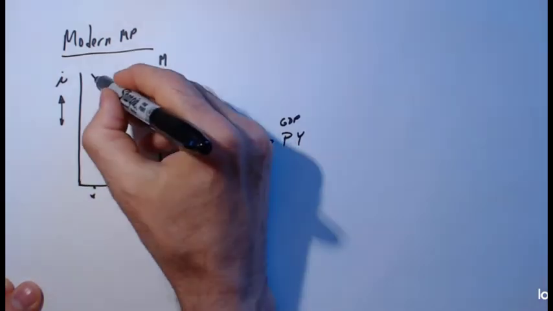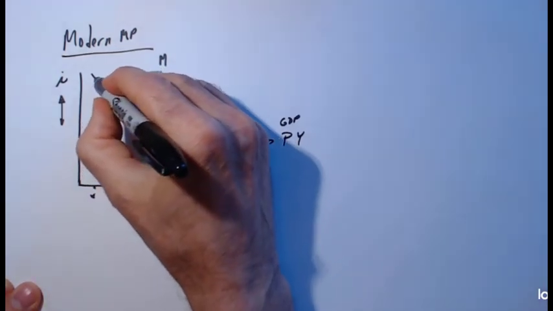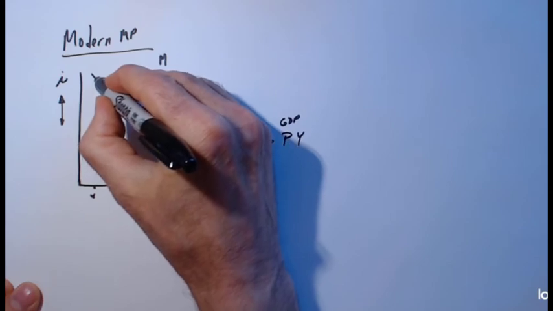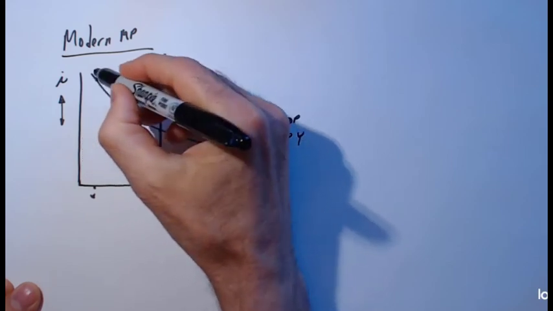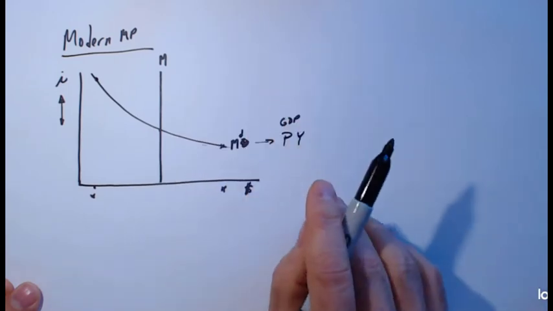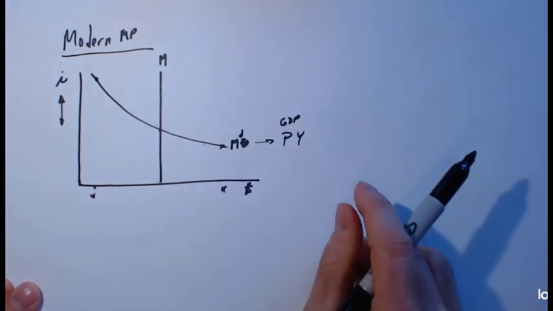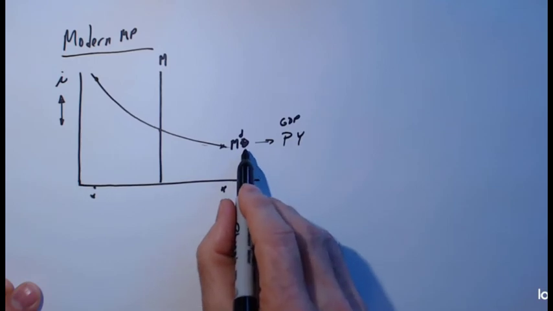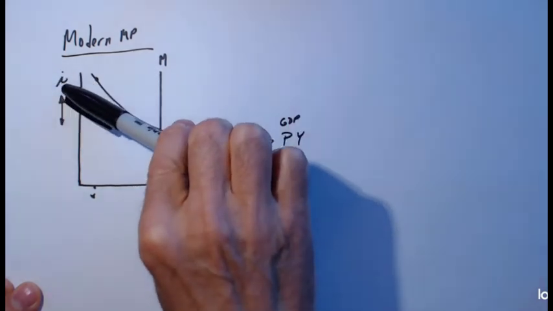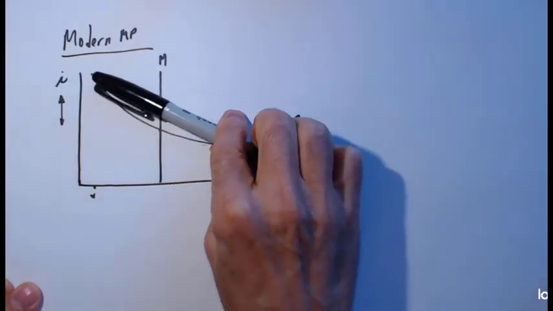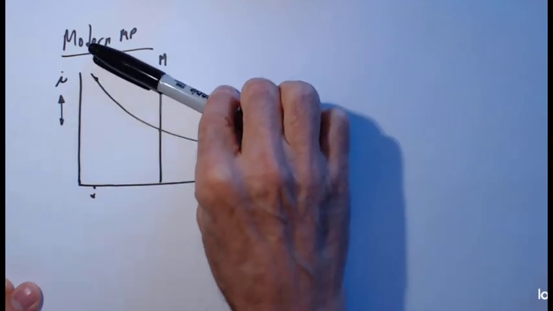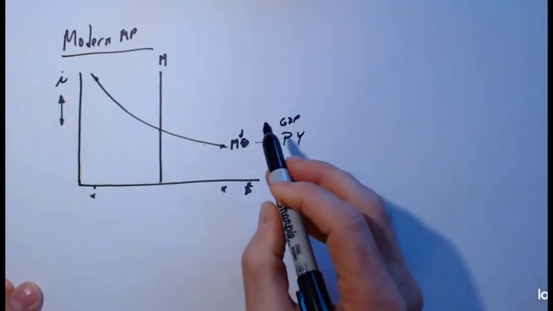So when you're up here with high interest rates, you don't want to hold money, because you're not going to earn anything with money in your pocket or in a checking account. You'll want to put it into a bond fund, for example, that earns a decent rate of return. Okay, so keep in mind now that when things other than i, the nominal rate, change, then this money demand curve will change. And so that's what we looked at.